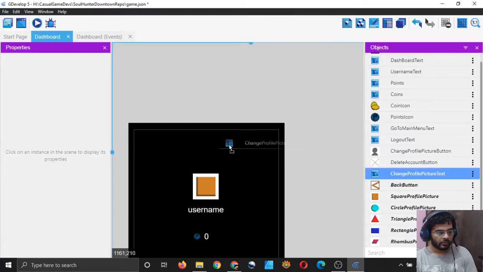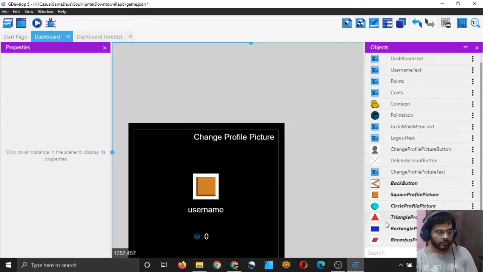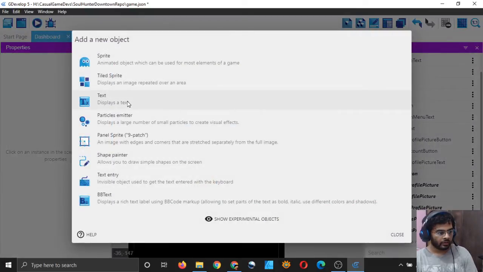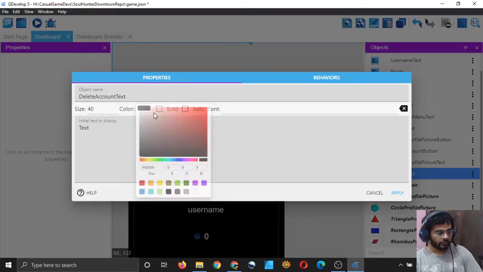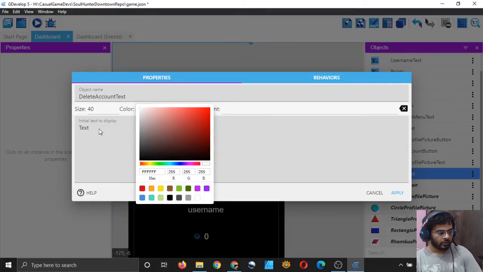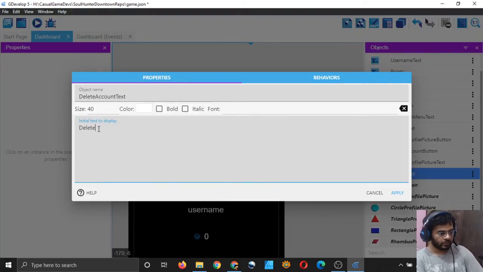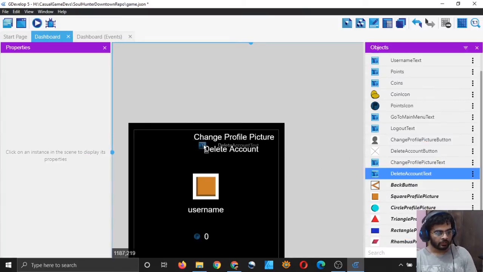And I will simply drag it here, right? And below it I will add another text object, and I will call delete account text, and size should be 40, color should be white, and I will add the text delete account. I click on apply and bring this here.